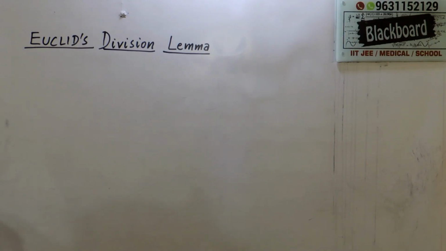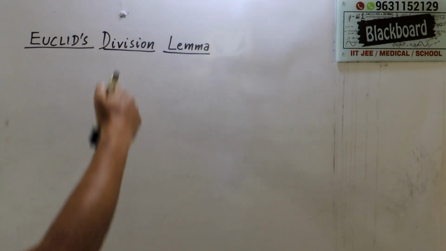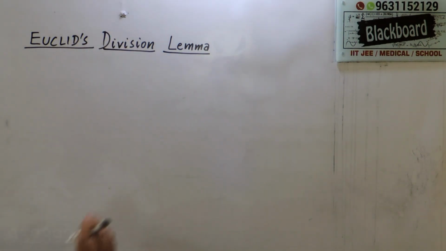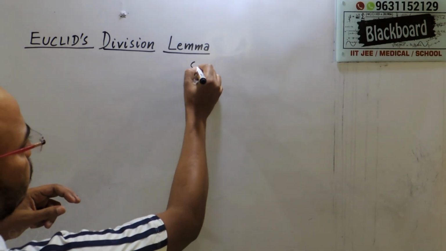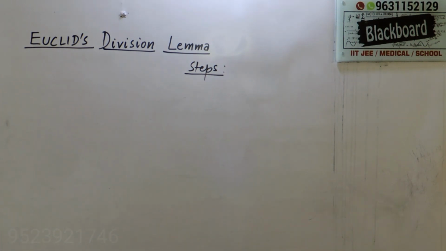Here we are going to discuss Euclid's division lemma. Euclid was a famous mathematician, and here division is your normal divide, जैसे हम लोग divide करते हैं, and lemma means your algorithm. That means you can say these are steps. तो इस यूक्लिड्स डिवीजन लेमा में कौन कौन से स्टेप्स हैं, क्या एल्गोरिथम है, उस पे हम लोग बात करते